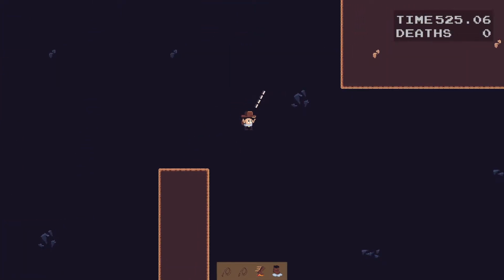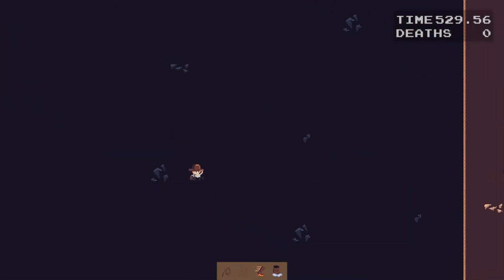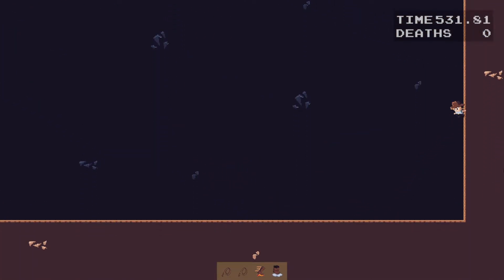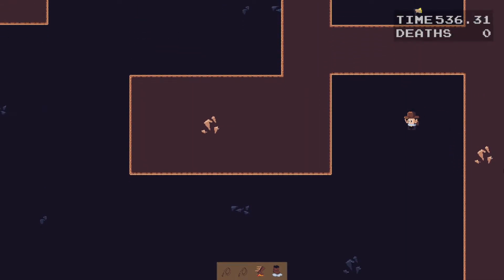If the whip just doesn't work when I do the input, it feels really annoying because it's very unreliable, you know. My gosh, this looks tricky. Oh, wait, what? Okay, so I can...